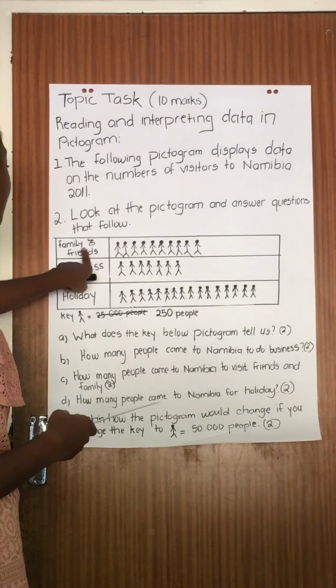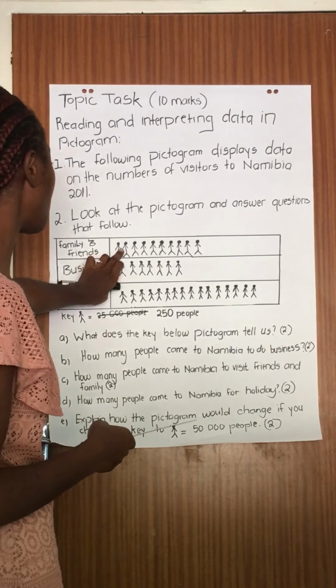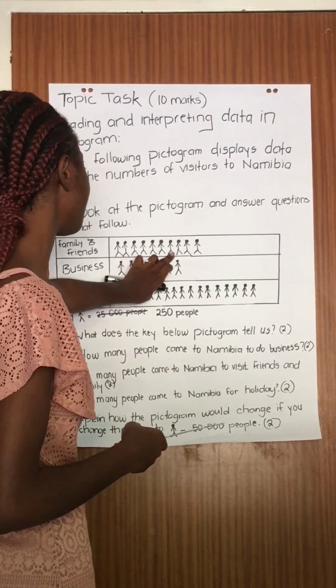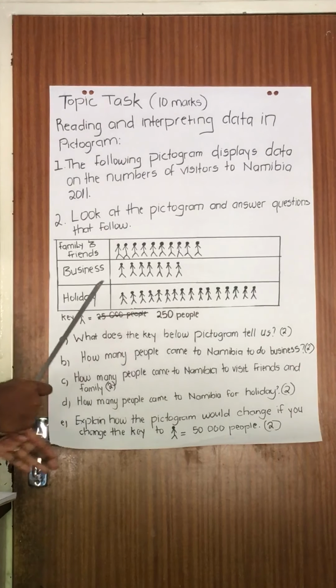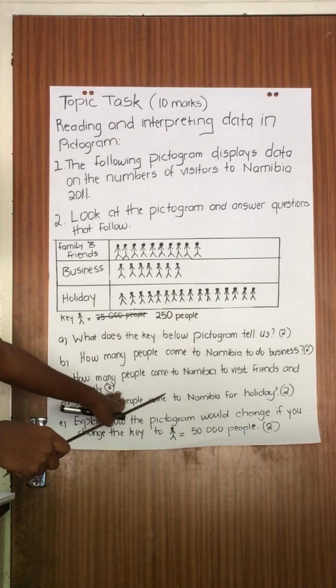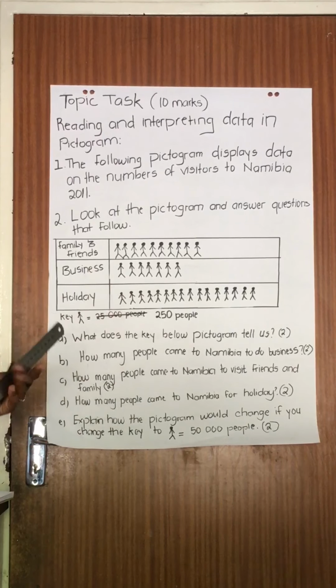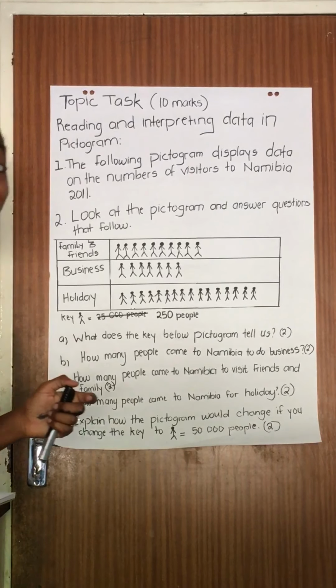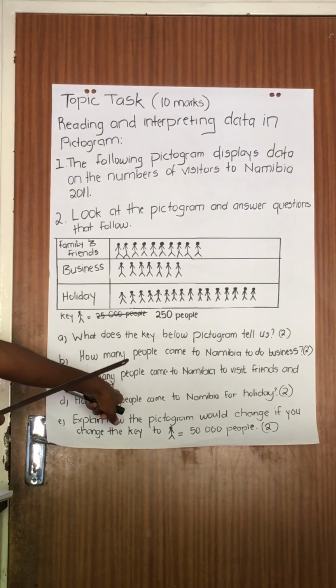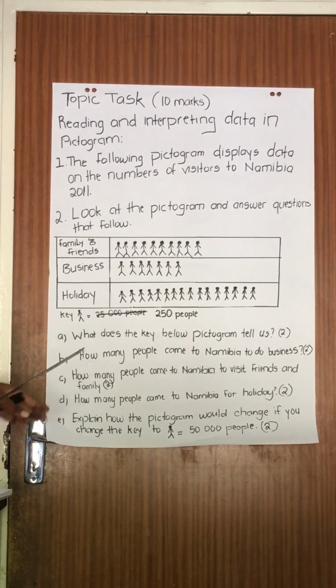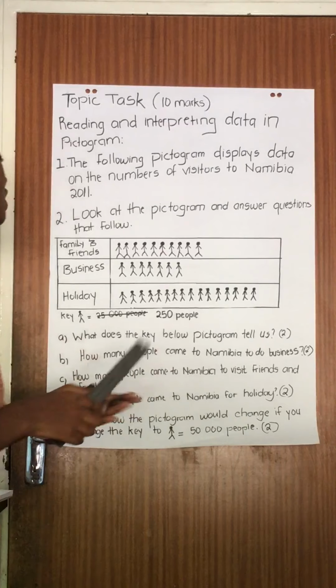And then the next question is, how many people came to Namibia to visit friends and family? Friends and family is here. We are going to count 1, 2, 3, 4, 5, 6, 7, 8, 9, 10. 10 times 250 people, and our answer is 2,500. So that's our right answer. Please, if any of your friends get any of these answers right, mark them,